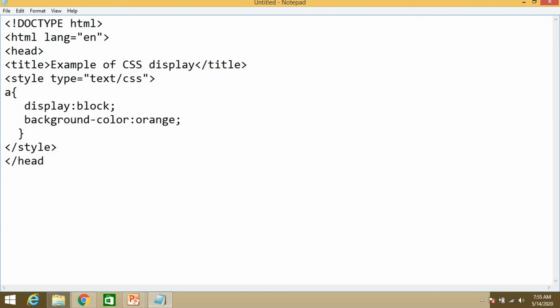Closing the head tag, open the body tag.